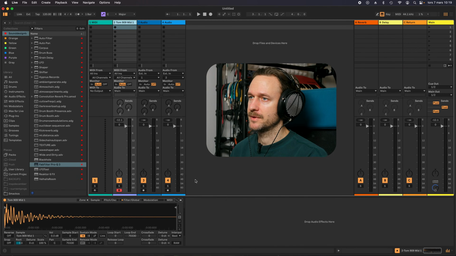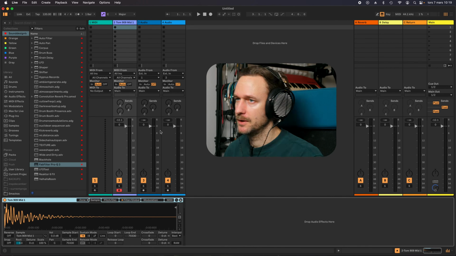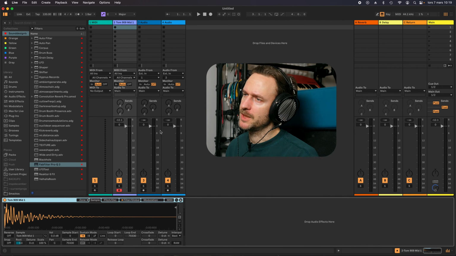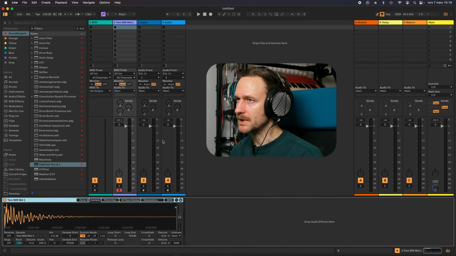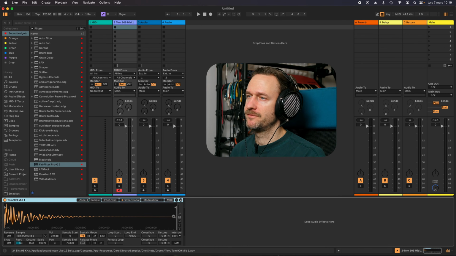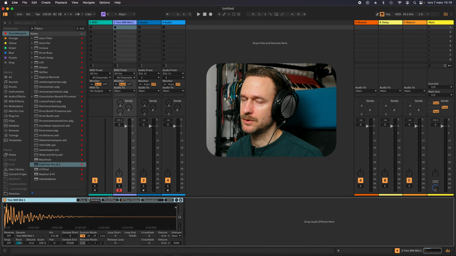So first off is the sampler. This one is, for me, very essential. I tend to process a lot with this as the sound source, resample and put things in here. It's a very versatile little unit. So to demonstrate a bit, I have